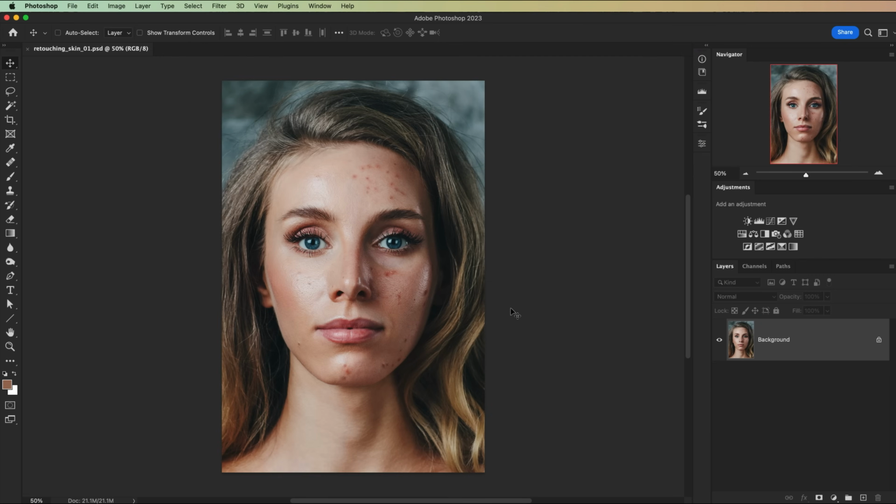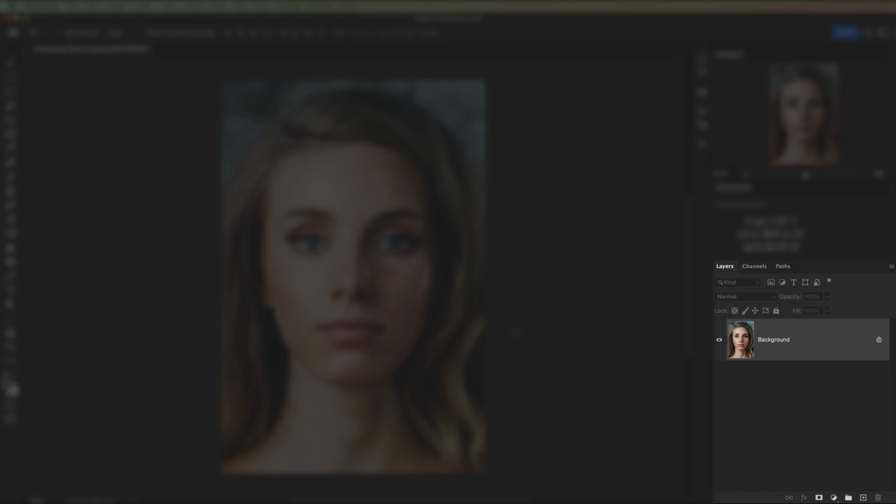The key to great skin retouching is to keep it simple. Not everything needs to be technically perfect all the time, although technical perfection is nice. We don't need to use frequency separation and all the bells and whistles all the time. They're a lot of fun. They're pretty cool. But non-destructive skin retouching is as simple as creating a new layer and working on that new